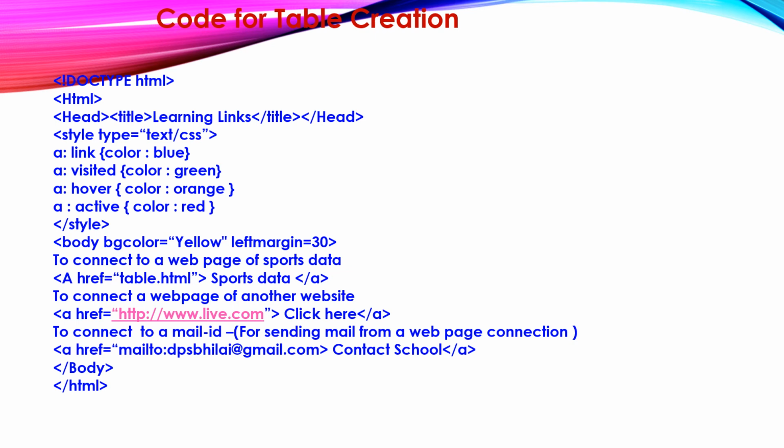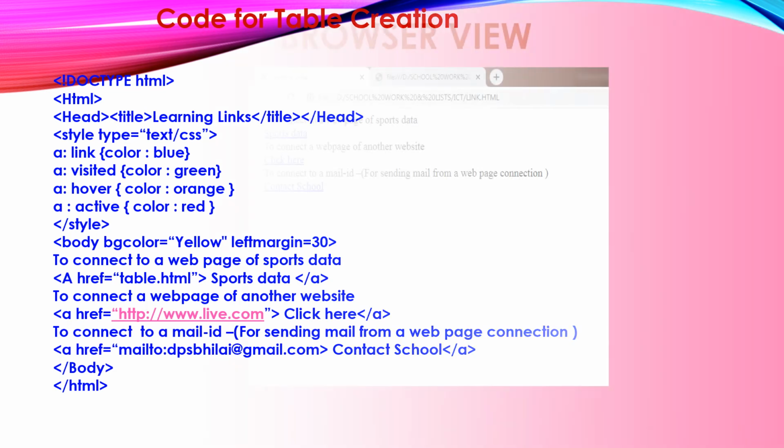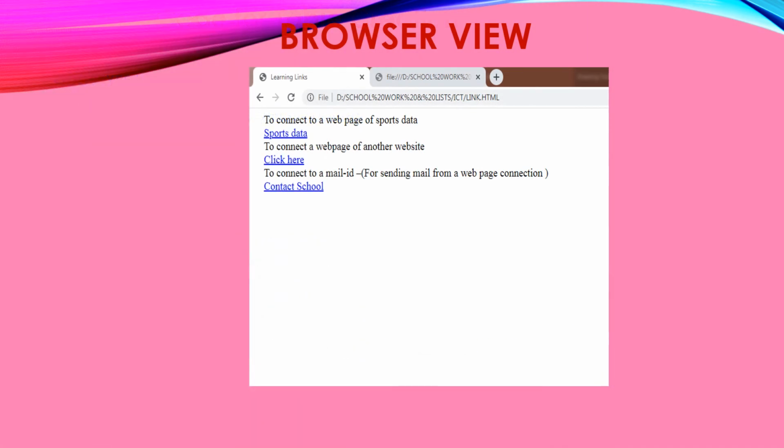Finally, when you browse the website, you will find the text which contains a link appear in blue color with an underline. Here you can see the link color is blue, as I have set. When you click on this link, you will find the active link color, whatever you have set, shown here.